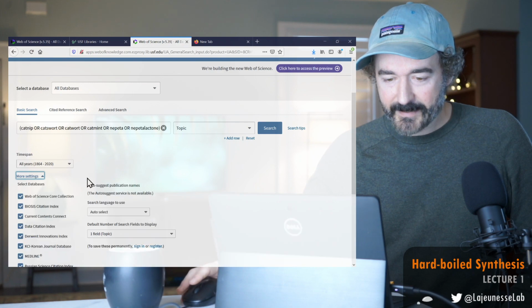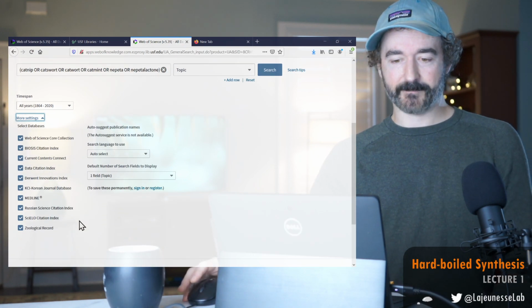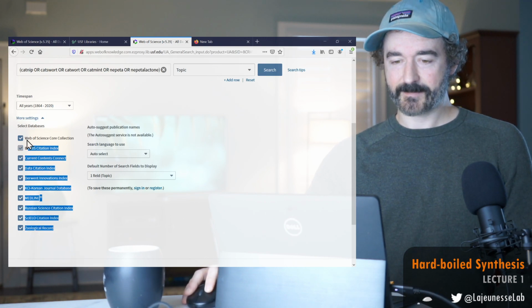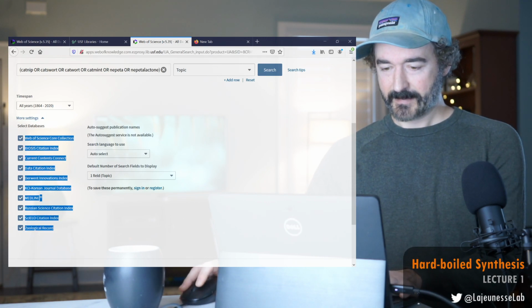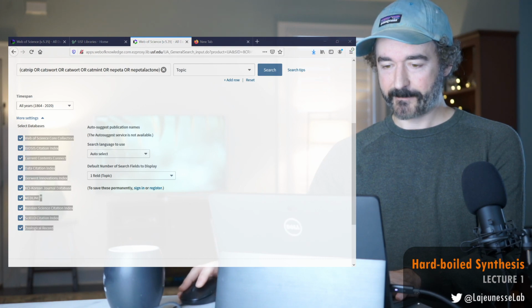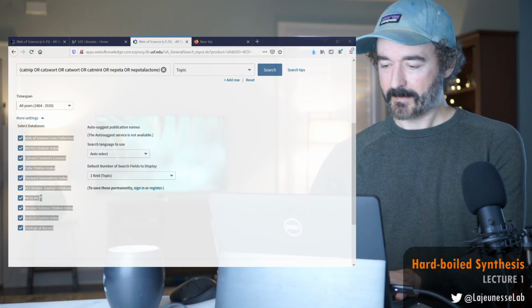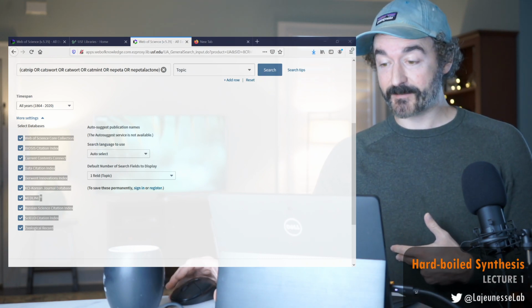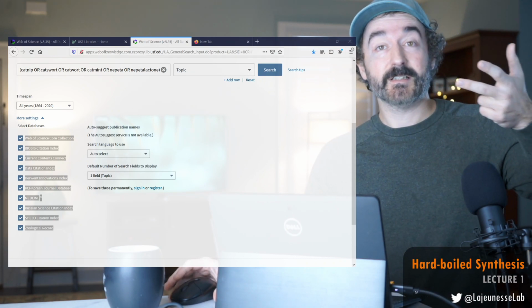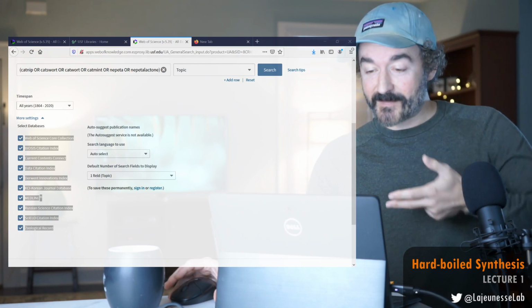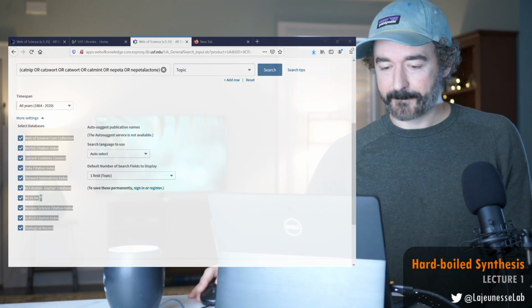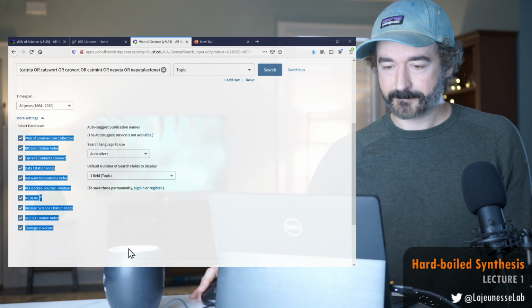And here is the collection of databases that they searched. I could copy and paste this and stick it in my Word file so that later when I come back to actually writing the manuscript, I'm going to have information on what databases the Web of Science provided. Okay, I need to move on with this.